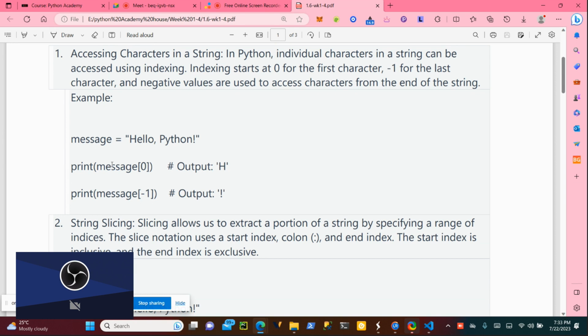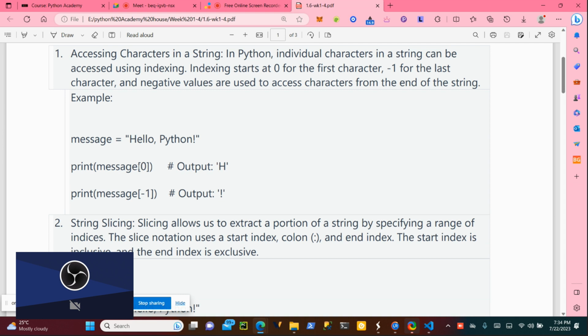Index means the position of each character. When I did this, you realize that it printed H. So position zero is occupied by H.